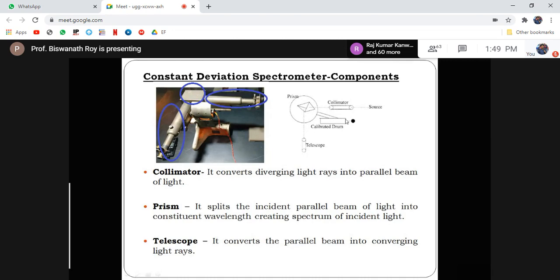So with the help of the calibrated drum, there is a drum here. With the help of the drum, we can rotate the prism, and accordingly, a color is selected at the mid of the telescope field of view. And when any color is at the mid of the telescope axis, then from the instrument,